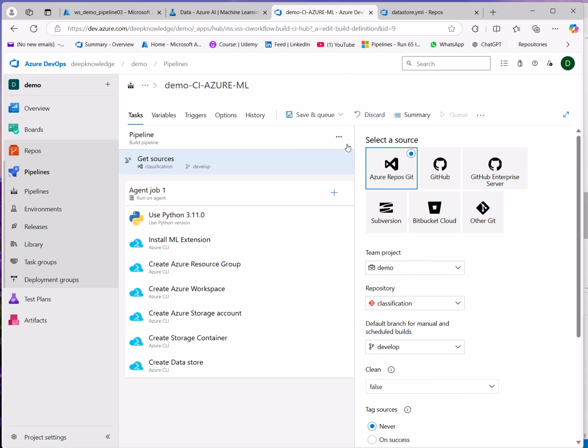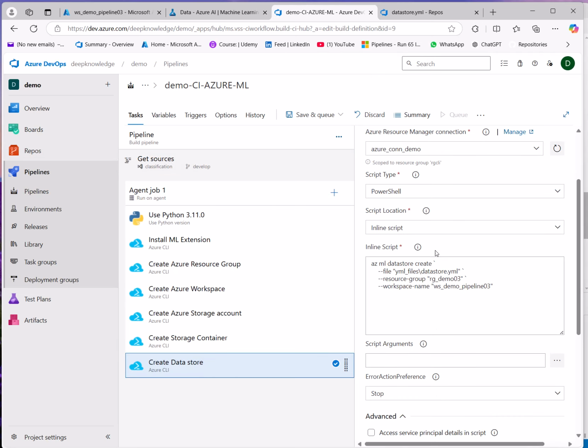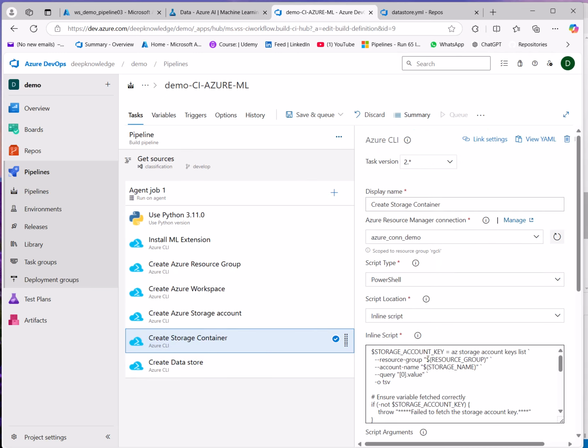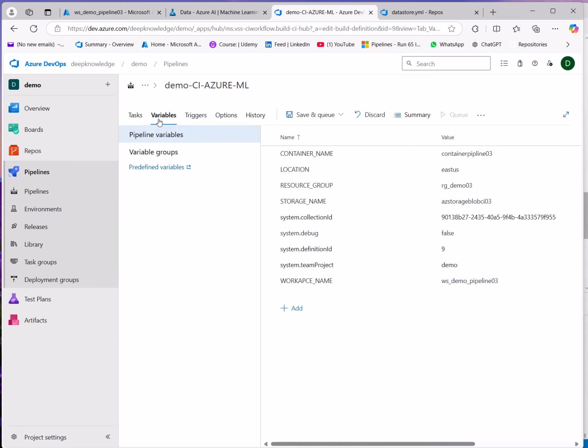Okay, so go back to the data store, and this resource group has to be the right resource group, or we can use the command line parameter, this one here. I defined parameter variables in the beginning here.